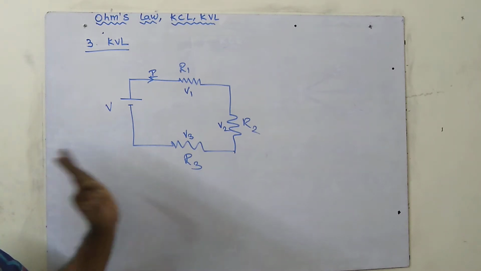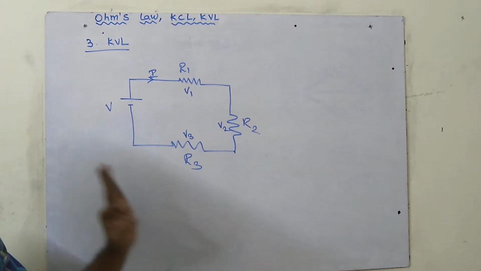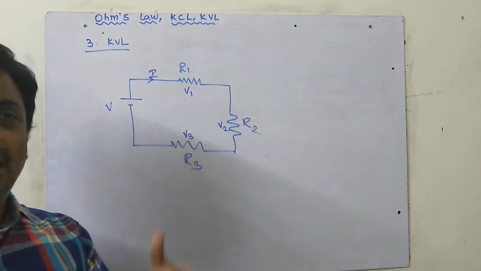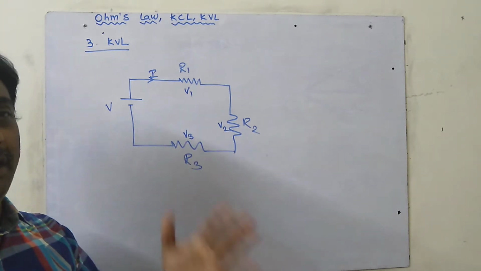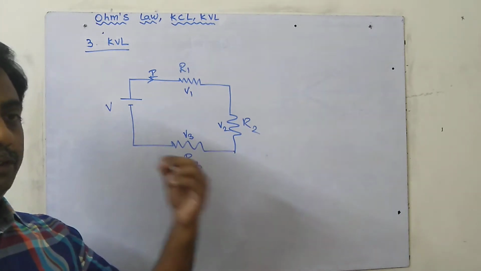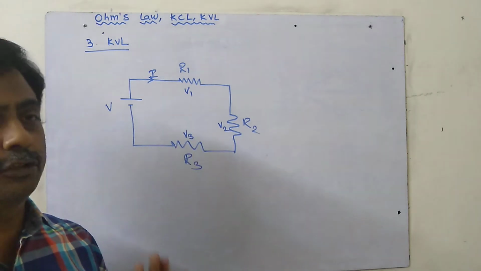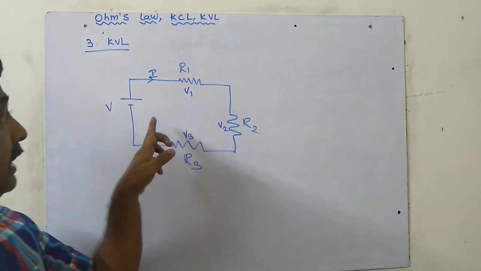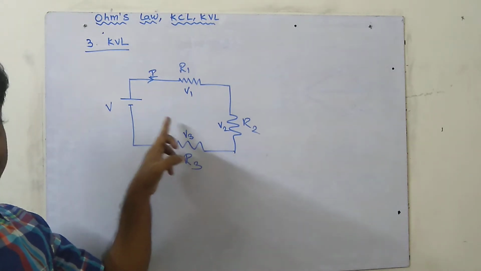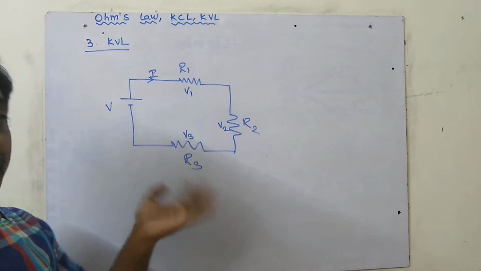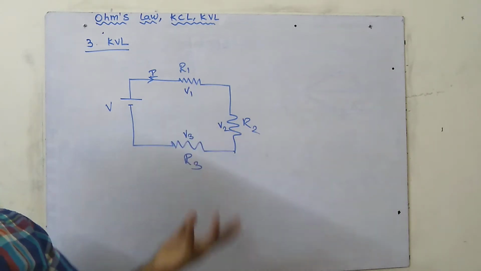Before applying Kirchhoff's voltage law, it's very, very important, because Kirchhoff's current law and Ohm's law, everybody knows: V equal to IR. Easily you can apply, you have always studied. Similarly, KCL in a junction or node, incoming current equal to outgoing current. That is also very well understood. But here everywhere we have to apply this Kirchhoff's voltage law, then find the value of current or resistance.